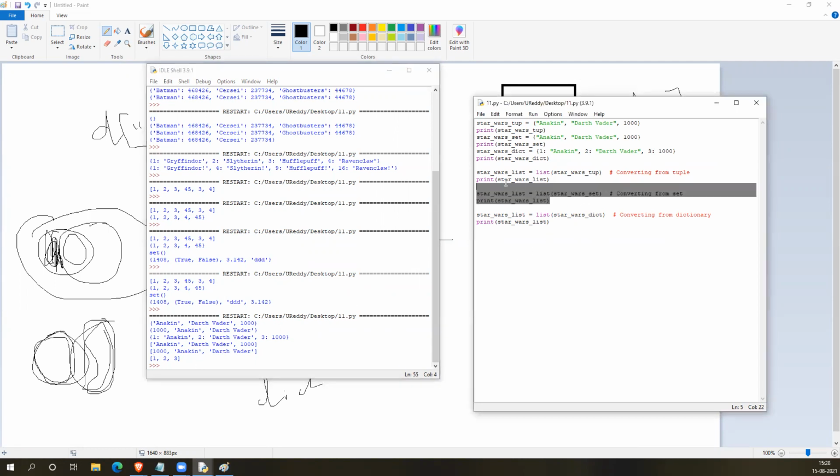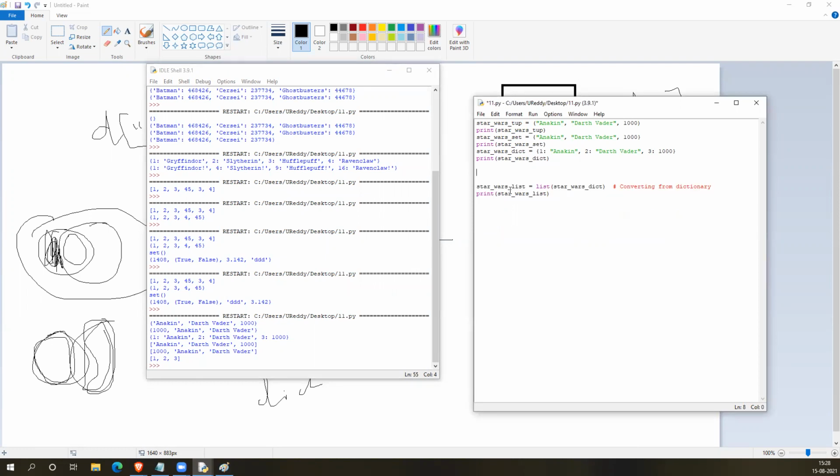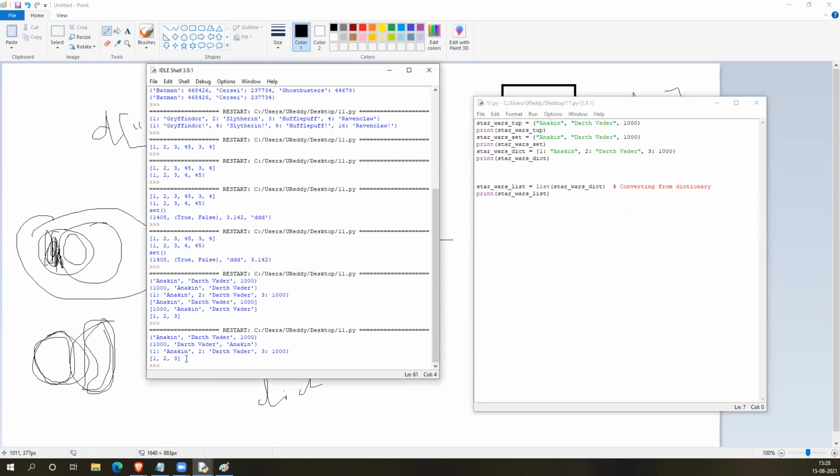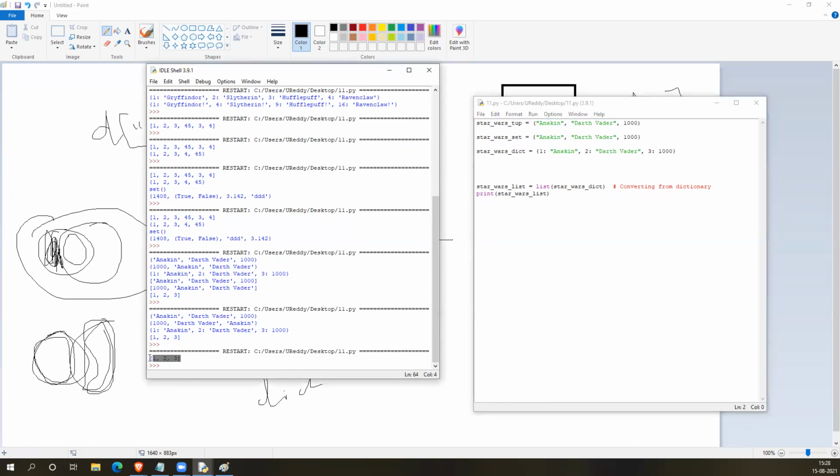So let me remove the upper portions, then you will understand. One, two, three. Only the indexes, sorry. Only the indexes you are getting: 1, 2, 3. Only the index part you got, and it converted to a list.